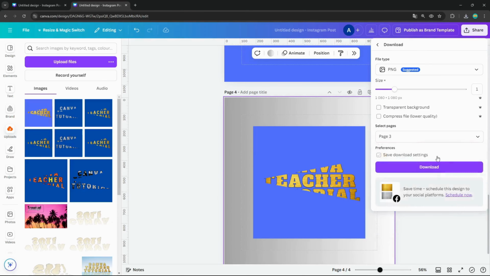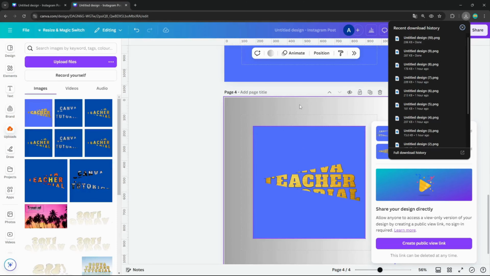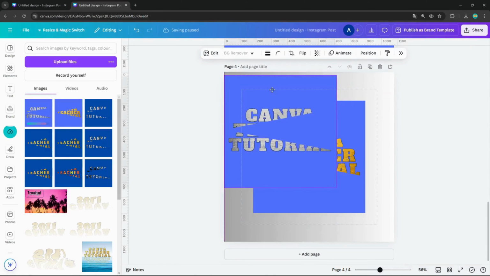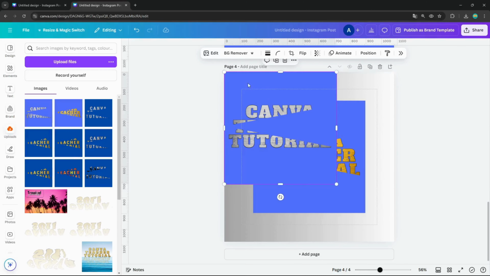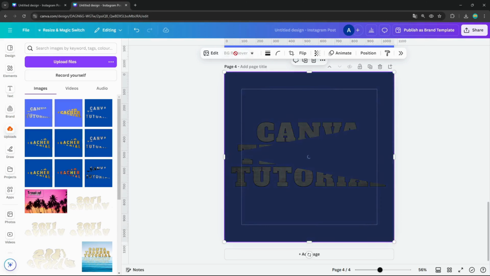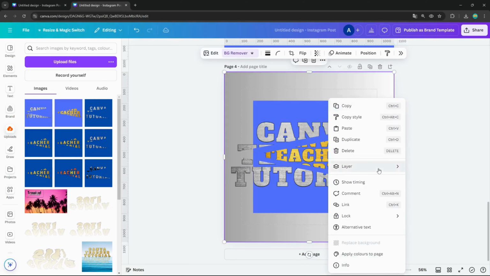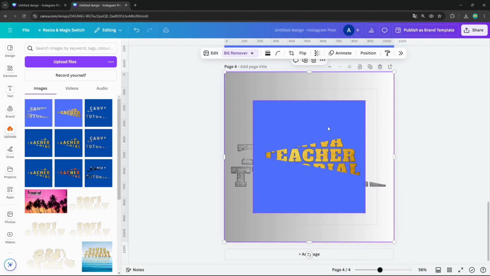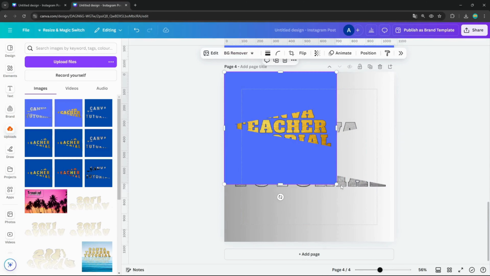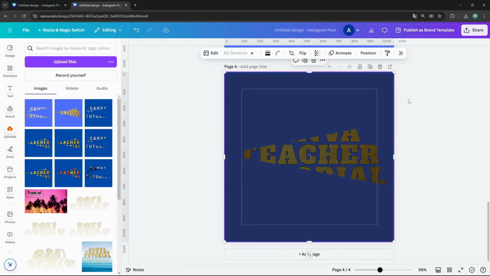Now page number 3, doing the same, dropping to here, increasing the size to fit one of the corners, removing background, and now right click layer, send to back, doing the same with the golden one, increasing the size, remove background,